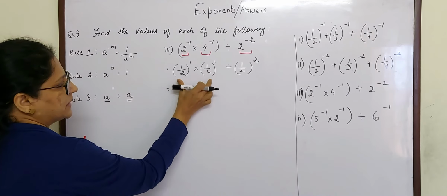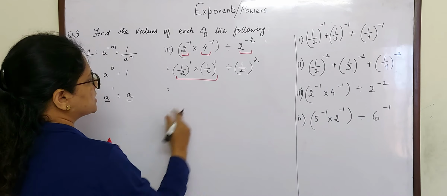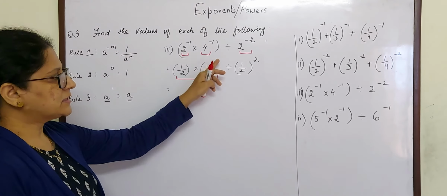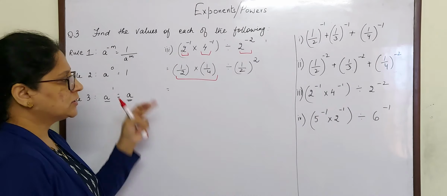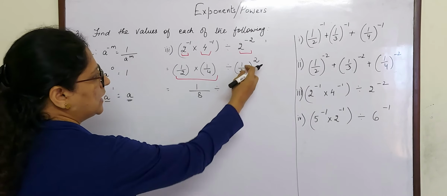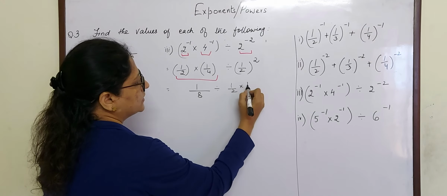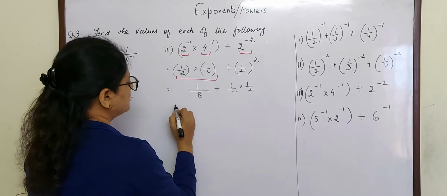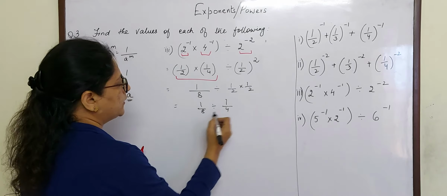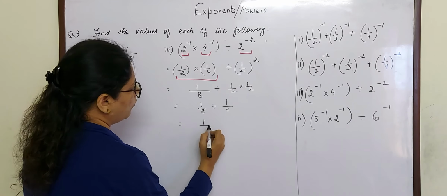So here there is multiplication and division. So first we will solve only the multiplication part. Any number raised to 1 is the number itself, so it is 1/2 and 1/4. So 1 ones are 1, 4 2s are 8, divided by, now what is (1/2)^2? Half square is nothing but half into half. So half into half is 1/4. And when you multiply 1/2 into 1/2, your answer is 1 ones are 1, 2 2s are 4. Now 1/8.